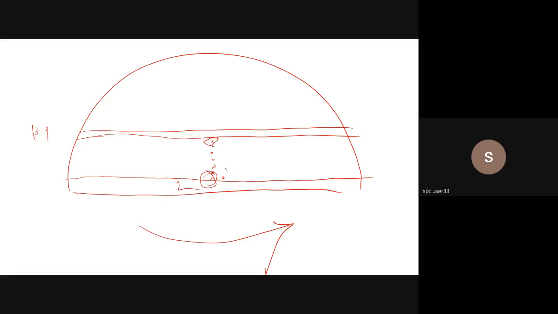This is going to fall back, this is going to travel a bit more, and this a bit more, and this a bit more. Same speed, same time, but because of the curvature getting lesser and lesser, you'll see that at the end of 24 hours, this is the alignment of your particles. What is happening is those particles which are here, they are falling behind. This is called a lag.